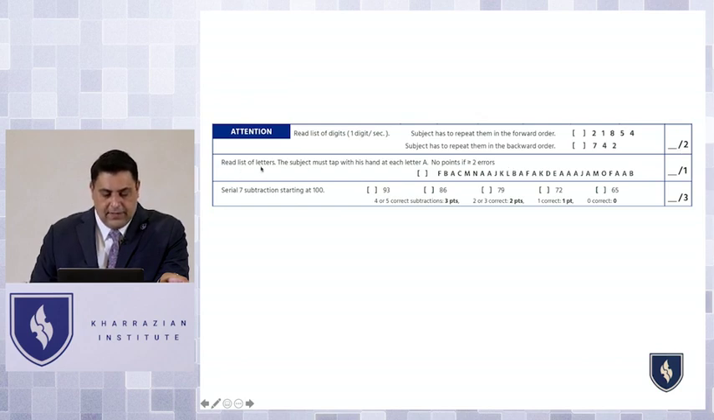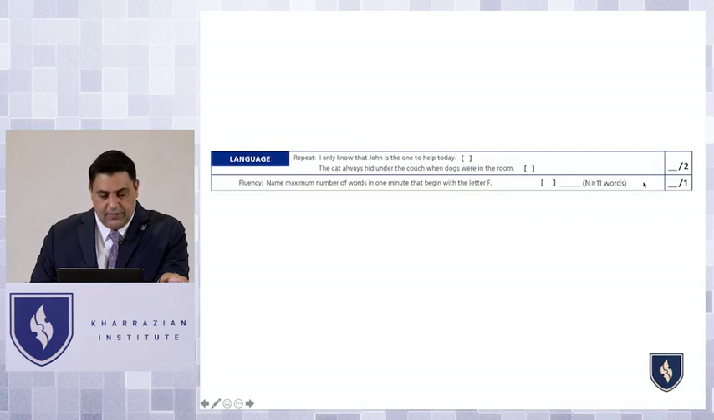And then you read a list of letters. The subject must tap his hand each time the letter A is heard. So you're reading F, B, A, and you should hear him tap, C, and so forth. And then they start the calculations from 7s. You can see how many of those they get correct as they go through. That's for attention. And then for language,